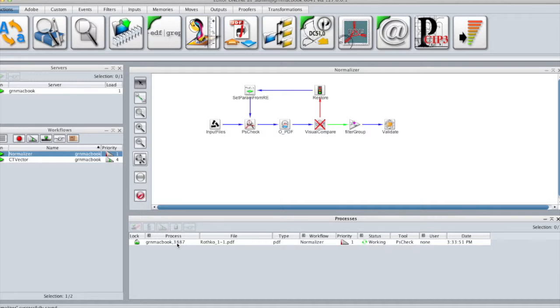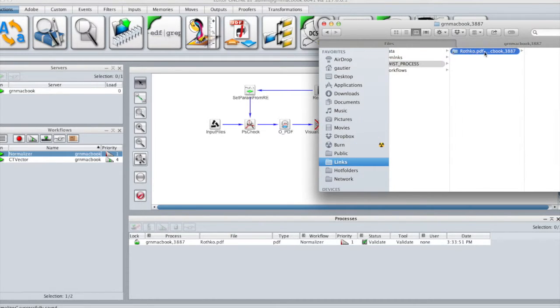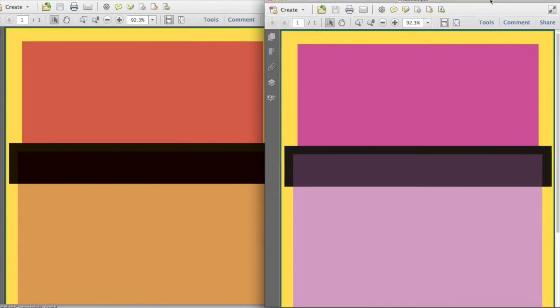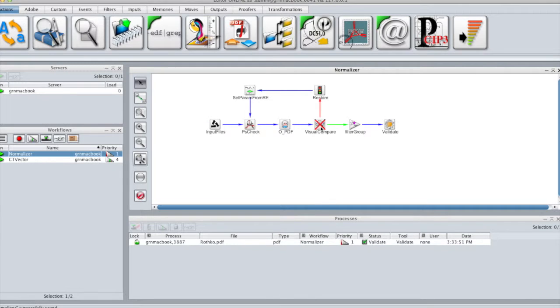The file will be processed, but we will not check if the result is correct and directly output it in the destination folder. As you can see, we applied the ICC conversion on transparencies and the result is totally different than what we expect. So now let's enable the visual compare